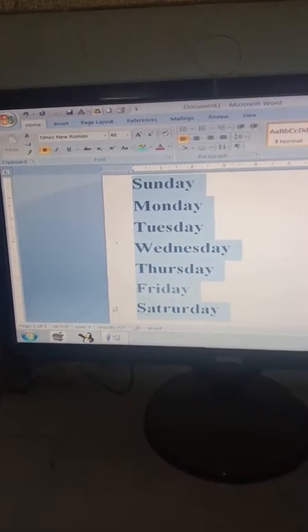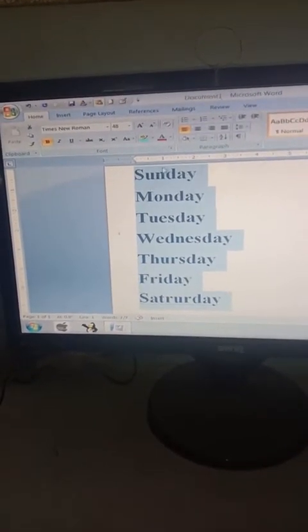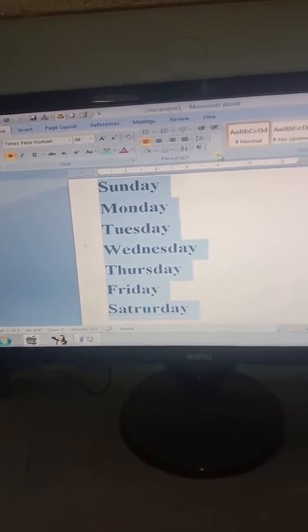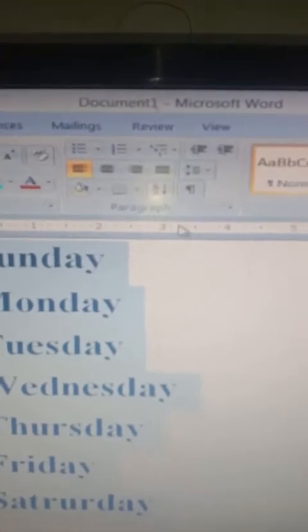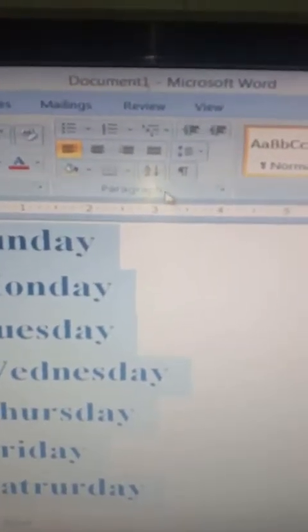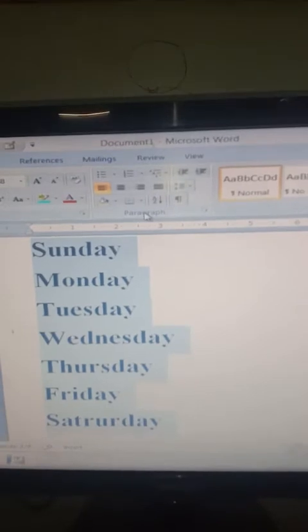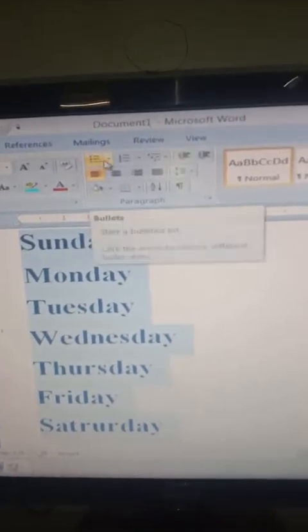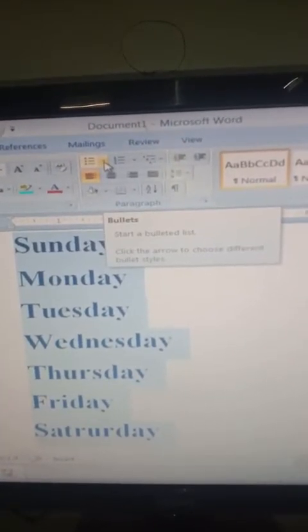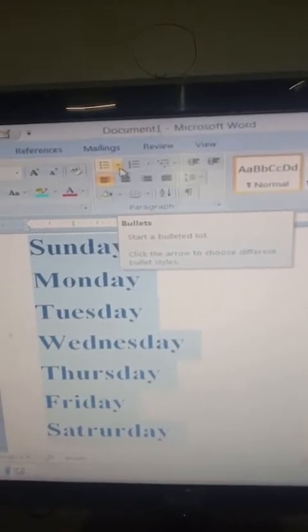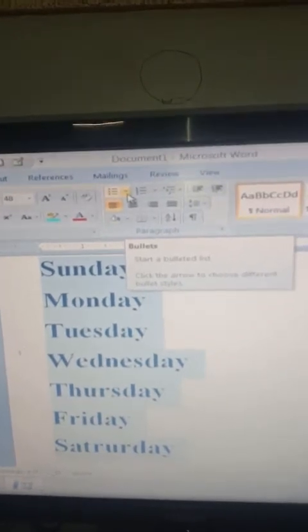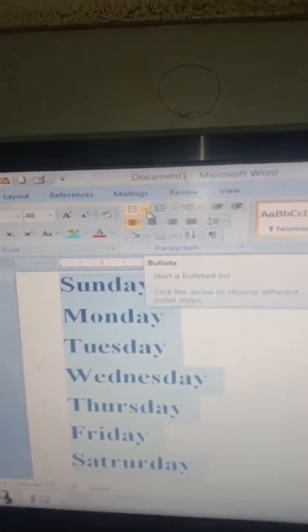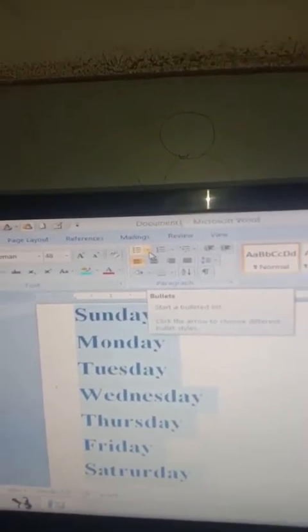After selecting this content, now move to the paragraph tab. This is the paragraph tab. How will we know that this is the paragraph tab? The word paragraph is written over here. So in the paragraph tab we have to move to the bullets list. As soon as I bring the cursor over here, look, a drop down list of bullets will appear over here. So these indicate that the cursor is on the bullet option. I have left clicked over here.